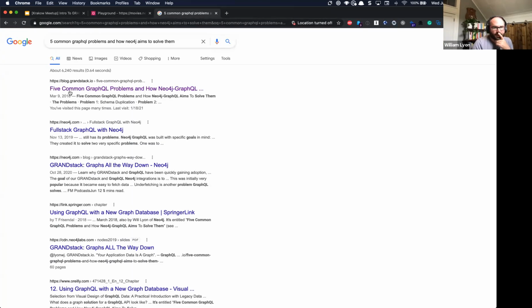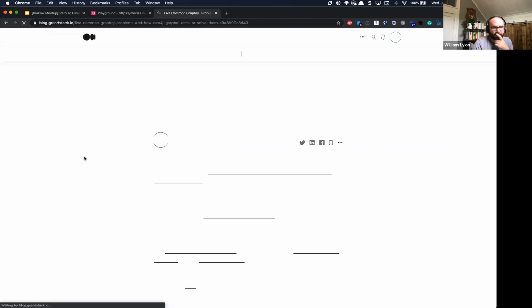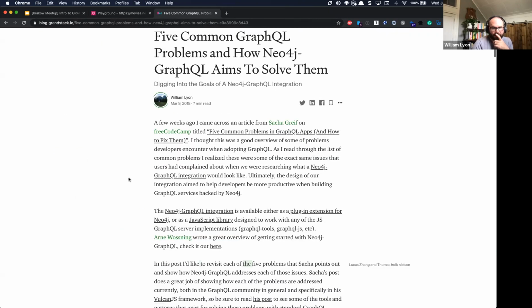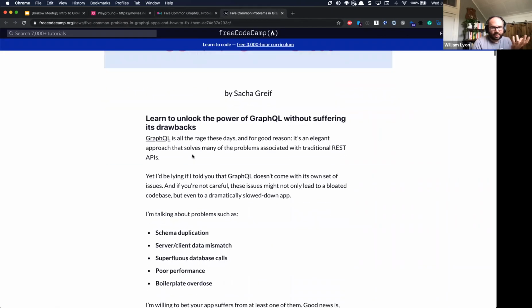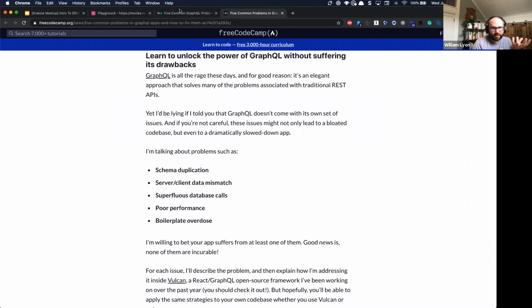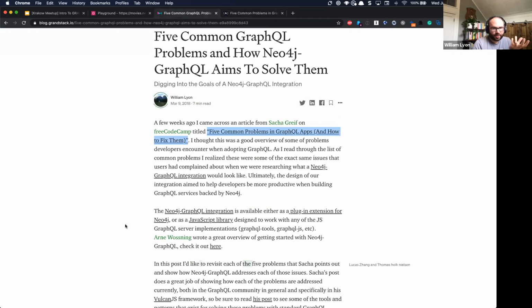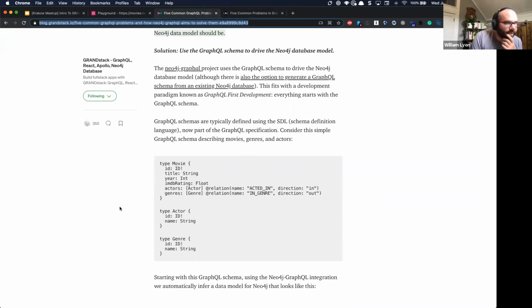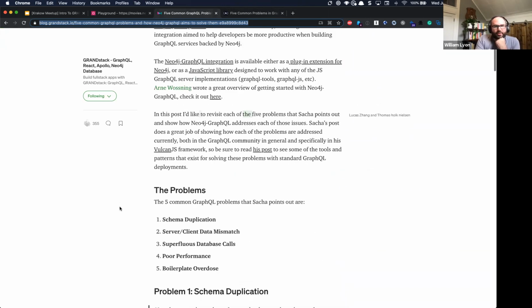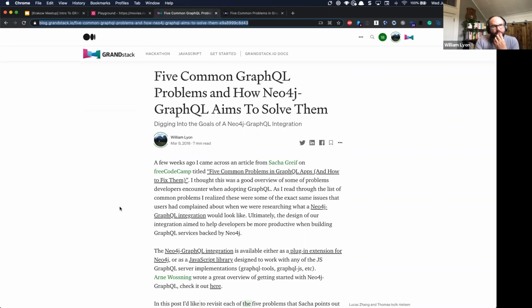So this blog post was actually a response to another post that Sasha had written that was looking at problems with GraphQL in general, or problems with building GraphQL APIs in general. And I thought the 5 problems that he pointed out really resonated with me because that really mapped to what we were trying to accomplish in the Neo4j GraphQL integration. So I'll drop a link to this in the chat. And I think those problems are relevant today still,